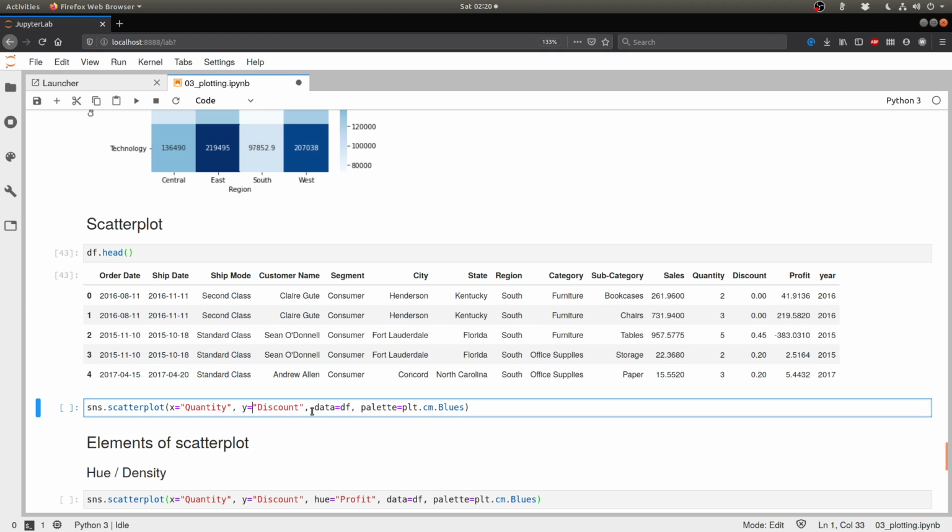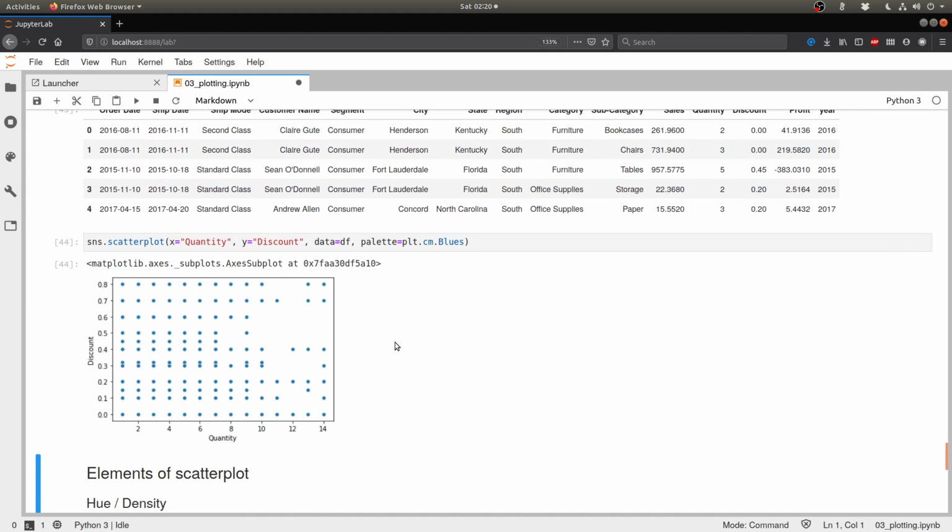So the idea would be that if I order multiple quantities of the same product in bulk, I should get some sort of a discount. So let's see if that is true. And when we do that, we see that there is absolutely no correlation. For all types of quantities, we are seeing that all types of discounts are present. So basically, items that have been ordered twice at a time have discounts which go all the way from 0% to 80%. So this doesn't make sense at all.